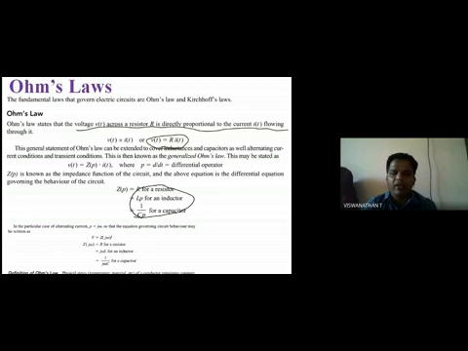P is representing the differential operator. You can apply this, then we get Z(p), the impedance function. So v(t) is equal to Z(p) times i(t). This law is only valid under some conditions. The first condition: it does not change with physical changes like temperature variation or material variation. Otherwise, Ohm's law is invalid.